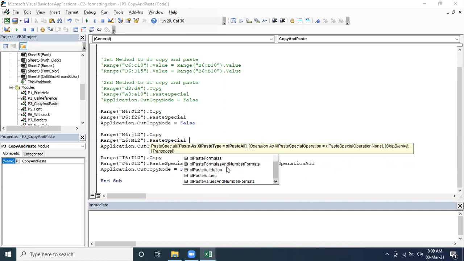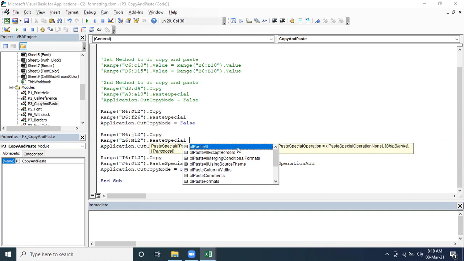If you want to paste only the format, can you let me know out of this which one we have to pick? Paste all is what we have by default. What option is there? Paste all. This is the default. If we see the property here, what is the property? Based on this, the default property is paste all.